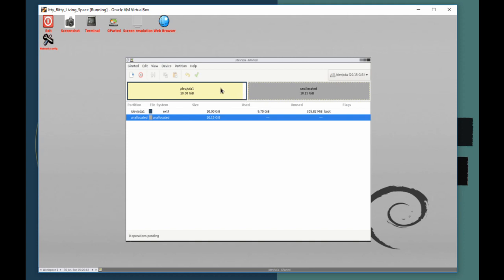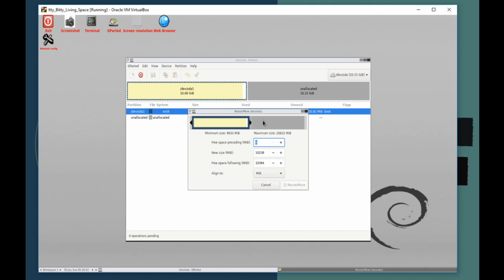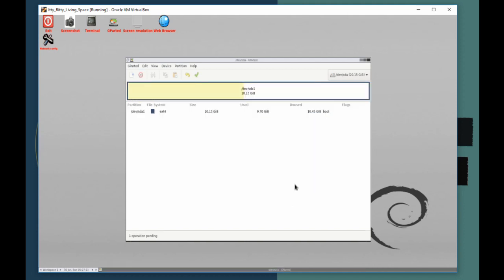It's actually really simple. All you gotta do is hover over the allocated memory of the VDI, right click, and then you click resize and move. So you are able to use this interface to move the actual amount of memory you want. You could also use the negatives and positives here, but I'd rather just do this and move it into the allocated space. You can take all the space you want. I always like leaving a little bit just in case, but you don't really have to. So you resize,